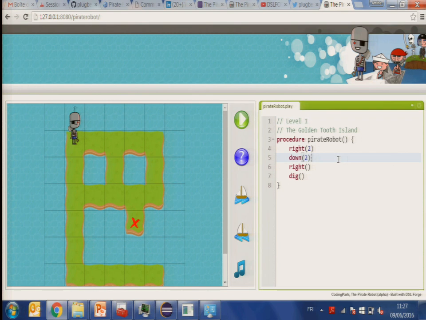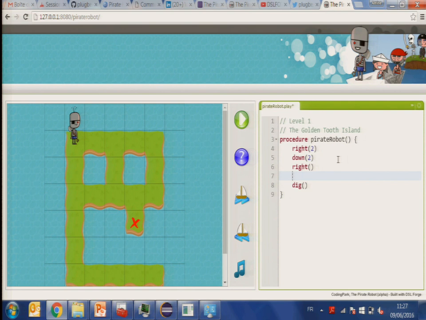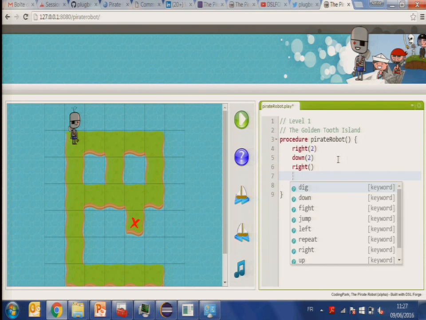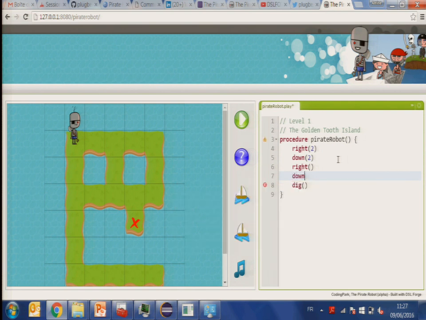So I'm going to show you some features of the language. For example, here we have syntax highlighting. This is the client-side parser that is leveraged.